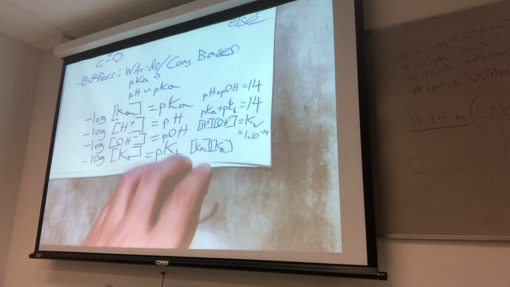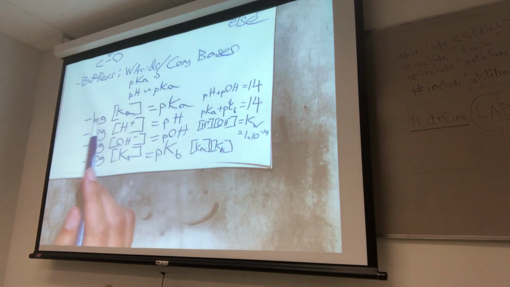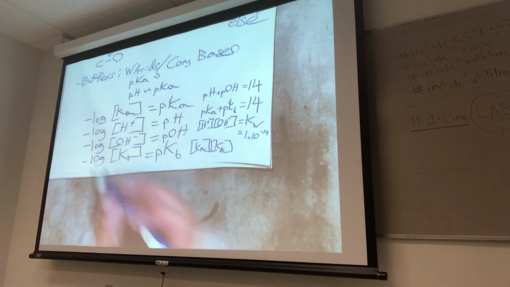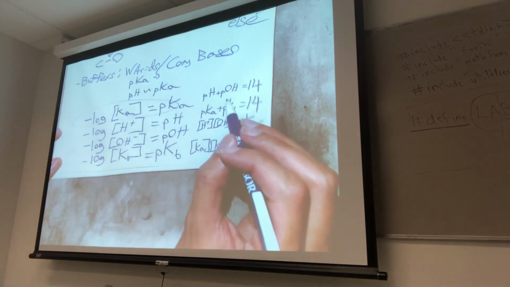So notice, if at first you're looking, there are 1, 2, 3, 4, 5, 6, 7, 8 different equations, but in reality we kind of only have 3, right? That one,